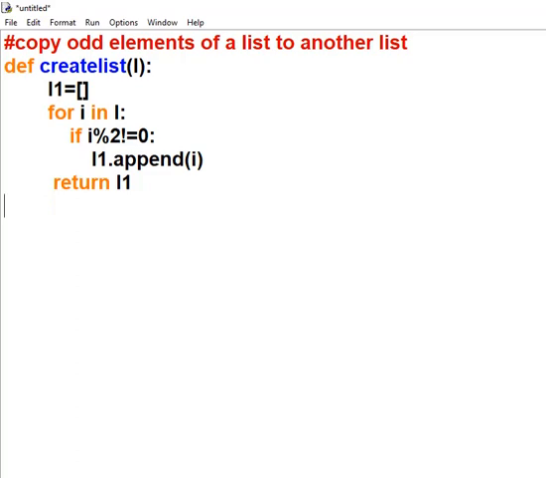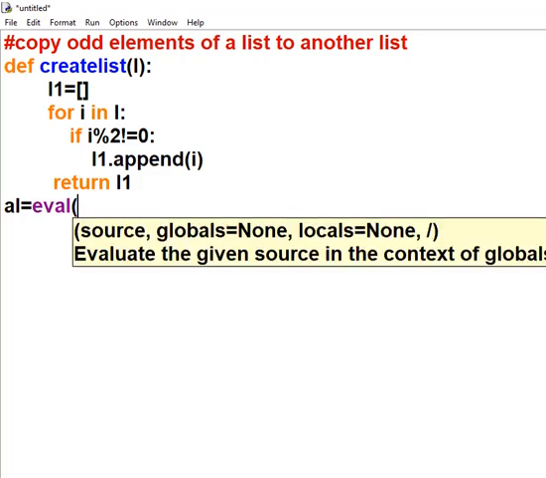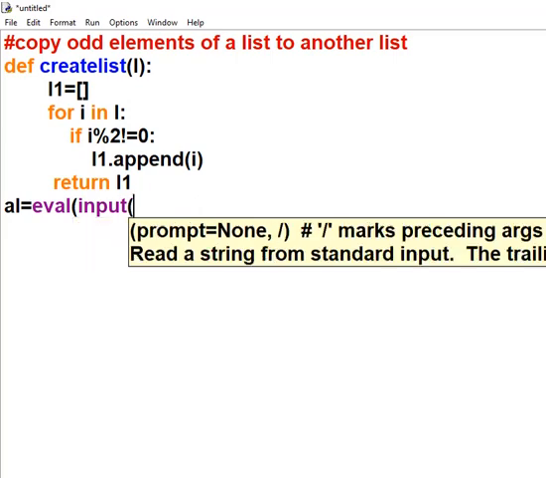Now what is required now? To input the list. So you can use L, or any variable name can be used, say al, a list is equal to eval input, enter list elements.